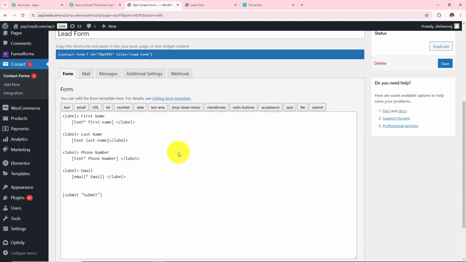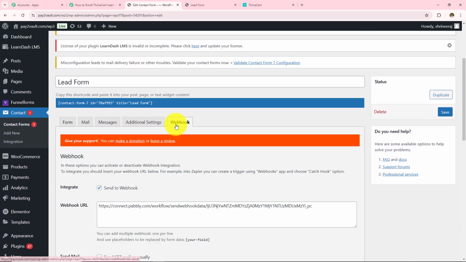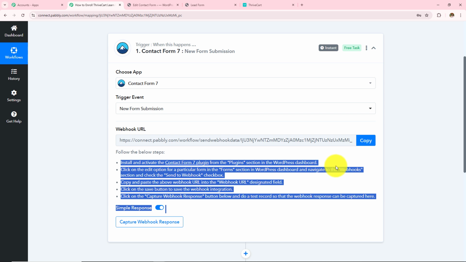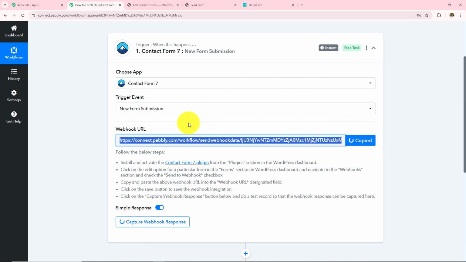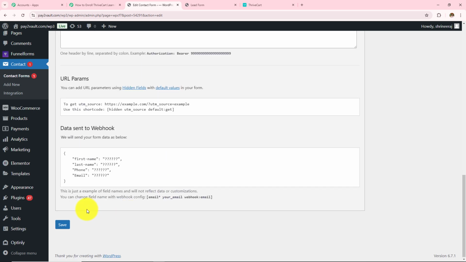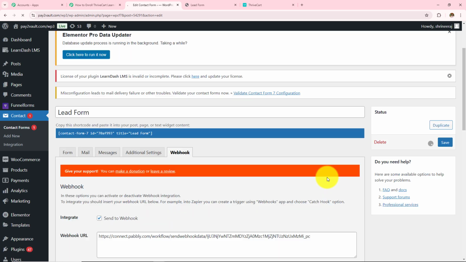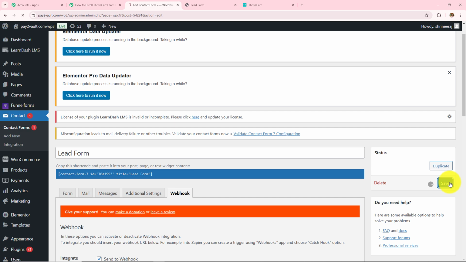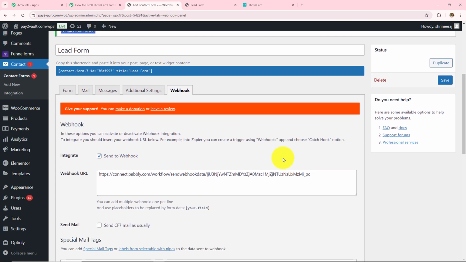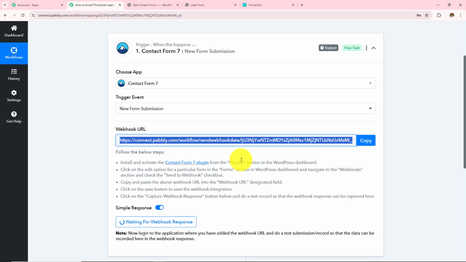And then if I scroll down, I can see all the fields that this form has: first name, last name, phone number, email. Now I'm going to click on this webhook option, and then I'm going to remove this previously existing webhook URL. Go back to Pabbly Connect, copy this webhook URL which I'm provided in this workflow, and paste that webhook URL over here. Then scroll down and click on save. Scroll above and then click on save. Here the contact form is saved, and we have successfully added the webhook URL which we were provided in this workflow to my Contact Form 7.